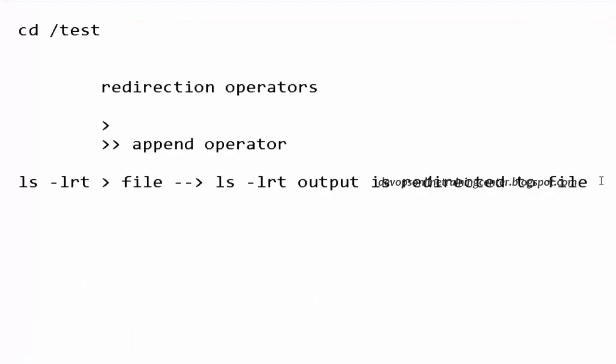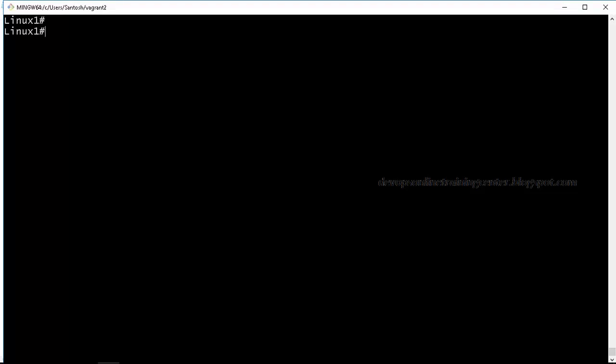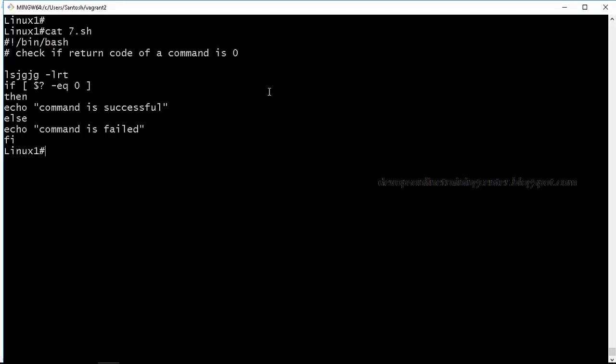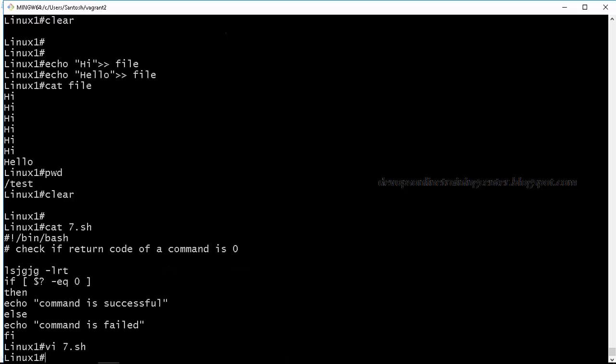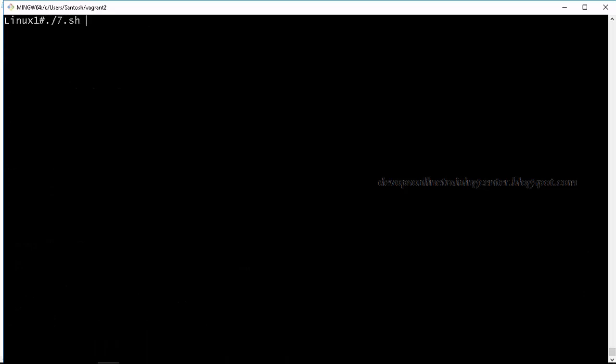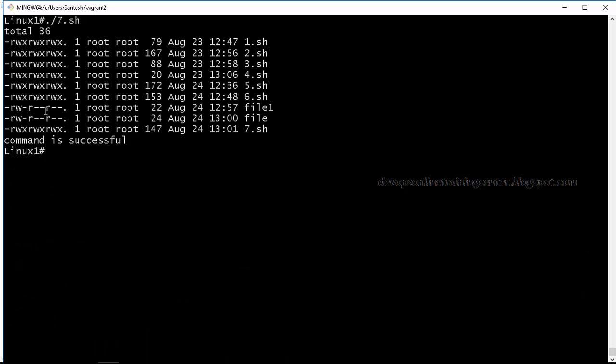Now in the previous case, we were printing the output on the screen, right? Whatever you give to this command, that output is printed on the screen. I'm interested only in this result, whether the command is successful or not. I don't want to print this.